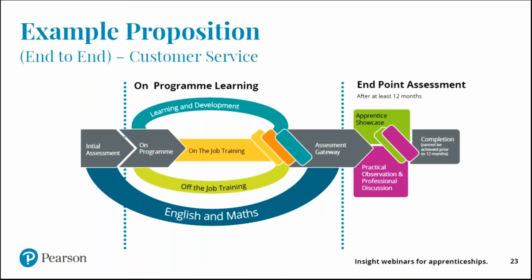So what they'll actually be doing is undertaking many of the activities that would happen within a qualification. There'll be training and development, there'll be an opportunity for learning interventions, and essentially the employer, with the support of the training provider or FE college, will be gathering evidence against the criteria within both the standard and the assessment plan. The aim being, after a period of minimum of 12 months, the apprentice has